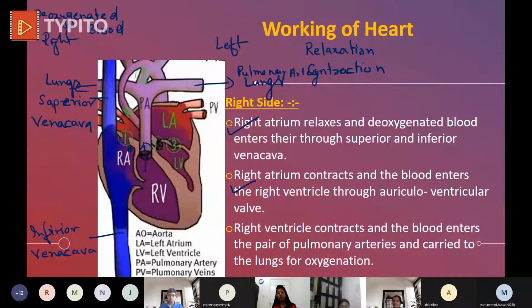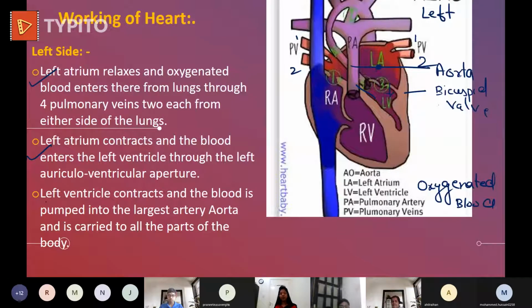Now we have discussed the right and left side of the heart. Now I am going to discuss both sides of the heart together. Both sides of the heart. Actually, the heart is a pumping organ, and when both the auricles contract, then the ventricles contract, then again the auricles contract, then the ventricles contract. Let's begin. In the beginning, both the auricles are in a relaxing state. So at that time the right auricle receives deoxygenated blood by the superior and inferior vena cava.